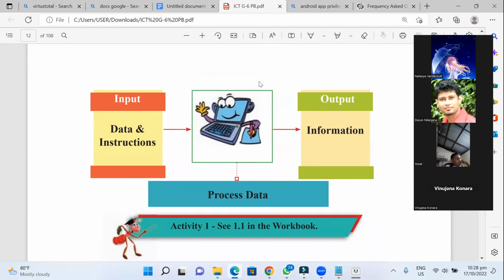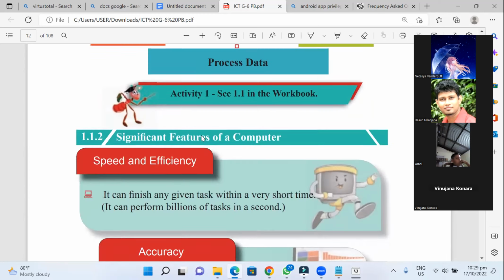Okay, now we have learned about a few devices: input devices, output devices, processing devices, memory, storage devices, and not only that, computers need something called communication devices. These communication devices will communicate messages from one computer to another computer. That is the task of communication devices. Those are also devices needed by computers. Okay, that is it about the computer.